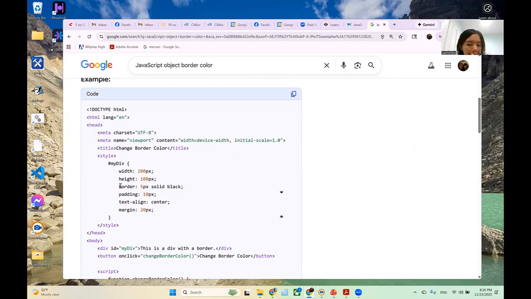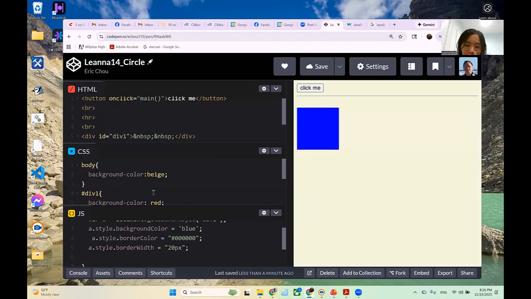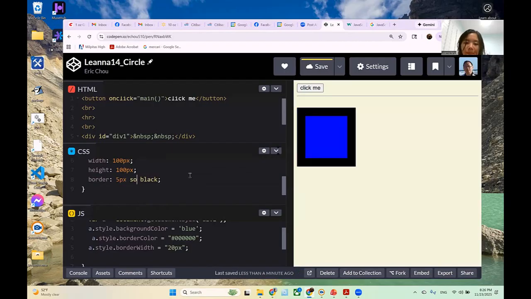Okay, let's actually have the border first. Let me put the border there. Let's put it into the CSS. Let's have a border of 5, and then let's use